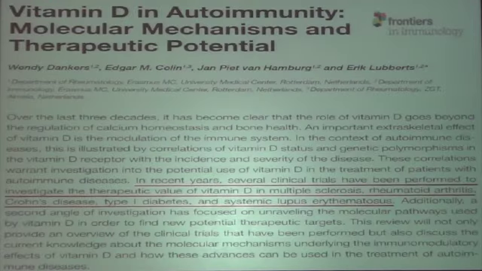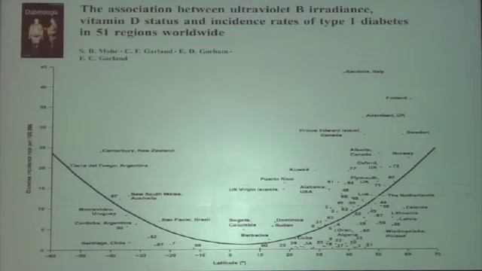So several studies have investigated the safety and the efficacy of vitamin D in several autoimmune diseases, such as rheumatoid arthritis, Crohn's disease, systemic lupus erythematosus, and also type 1 diabetes, finding positive results but also controversial results. One of the first evidence of the involvement of vitamin D deficiency in autoimmunity comes not only from the fact that vitamin D deficiency is more frequent in autoimmune diseases, but also that the incidence rates of some autoimmune diseases like type 1 diabetes is higher